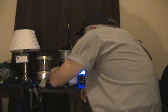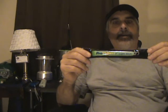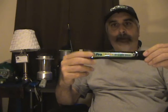Another option are glow sticks. We all know about those. You can shake them, stamp them. Sometimes you want to do that with people, let me tell you. But anyways, they're good. They don't put off much light, but they put off some light. So if you buy a bunch of those, and these are cheap, like a dollar or less in most cases, you can hang them here and there, whatever. But it's not a renewable source, so to speak, except going back to the store and buying more. So for temporary lighting, they're not too bad if you're expecting an hour or two of electricity going off, but